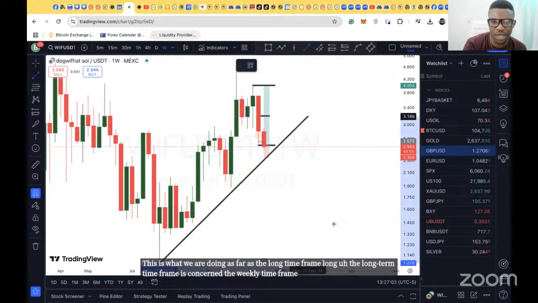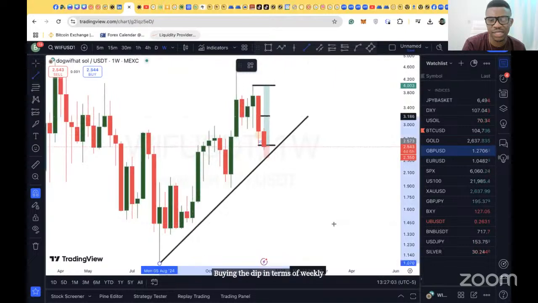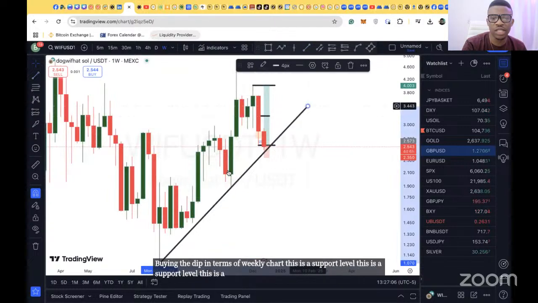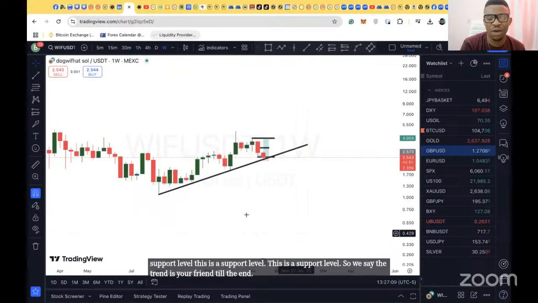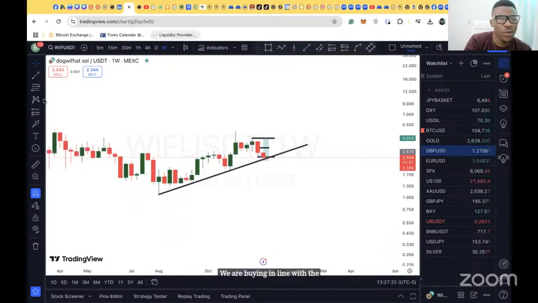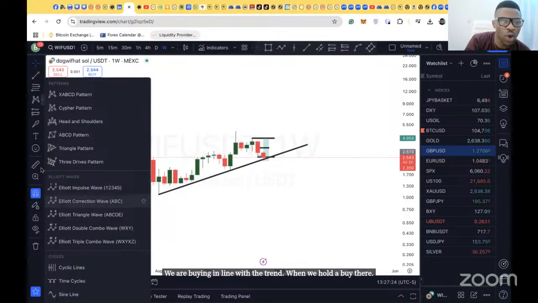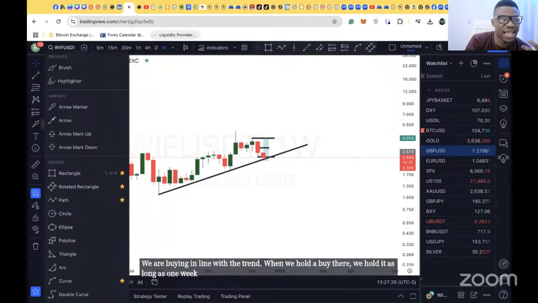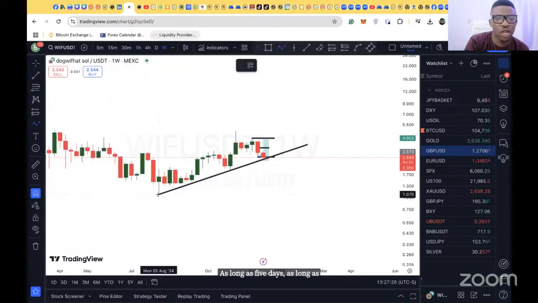Buying the dip in terms of the weekly chart, this is a support level, this is a support level, this is a support level. So we say the trend is your friend till the end. We are buying in line with the trend. When we hold a buy there, we hold it as long as 1 week, as long as 5 days, as long as 3 days. We are still holding it. From here up, it went up, it came down to here, it went up, it came down, it hits